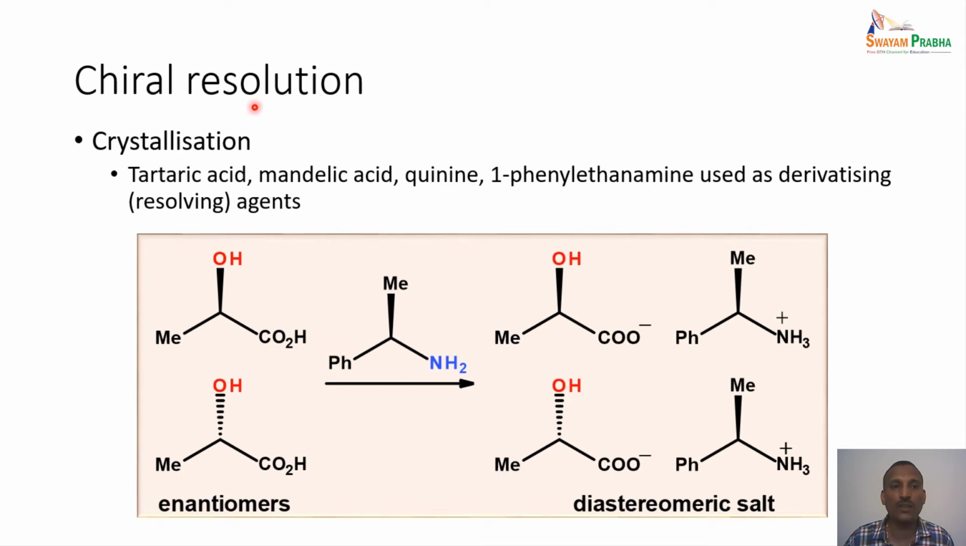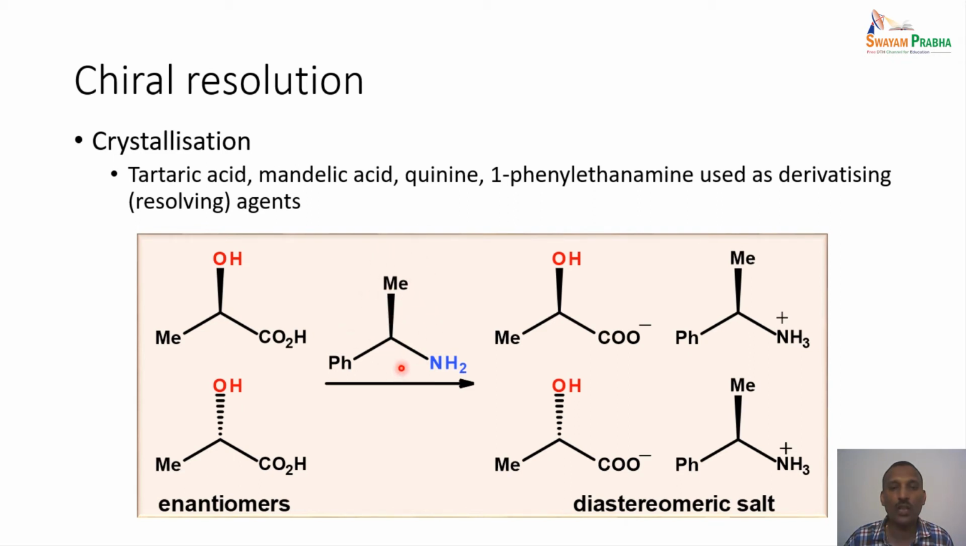So the first one is the chiral resolution. Here we will be looking at the crystallization method. As we mentioned earlier, tartaric acid, mandelic acid, quinine, or 1-phenylethanamine are all different reagents which can be used. These are some examples, not the complete list. Any of these compounds can be used for resolving. Here we are using 1-phenylethanamine as